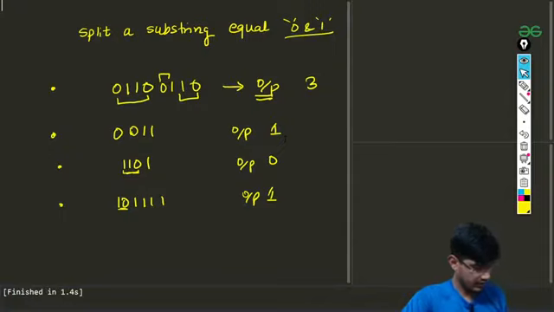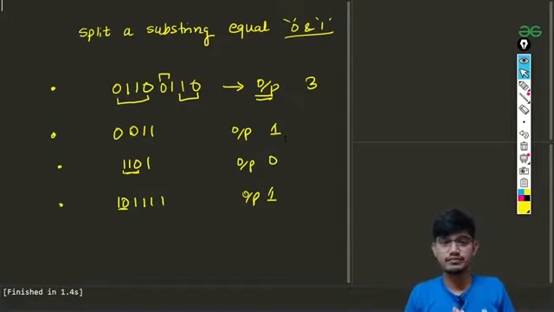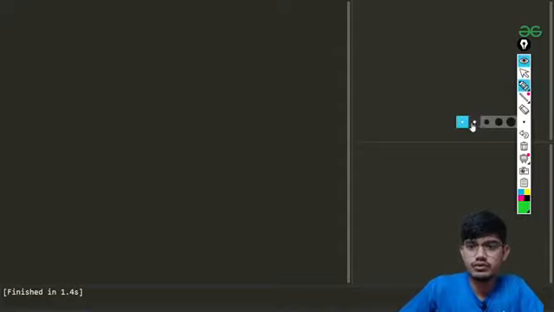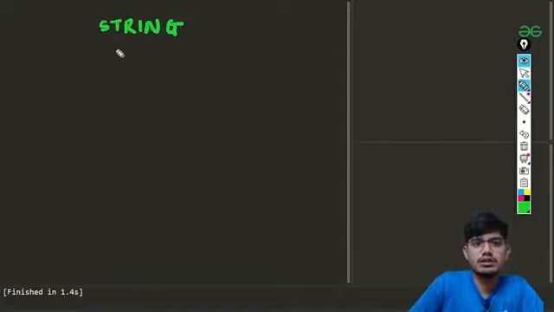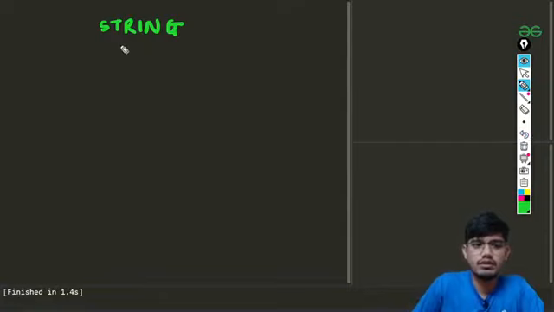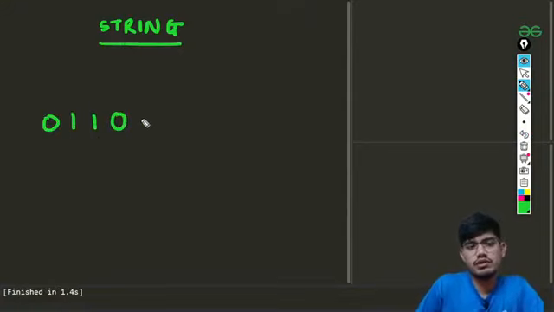So I'm going to explain the problem again. We need to split a string. You will be given a string made of zeros and ones. Suppose it is 0 0 0 1 1 0, then 1 0, then again 1 0.